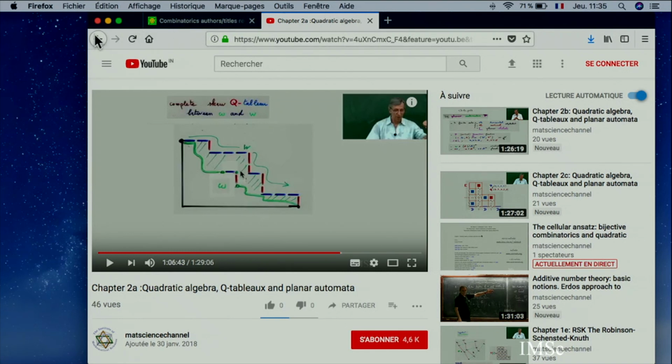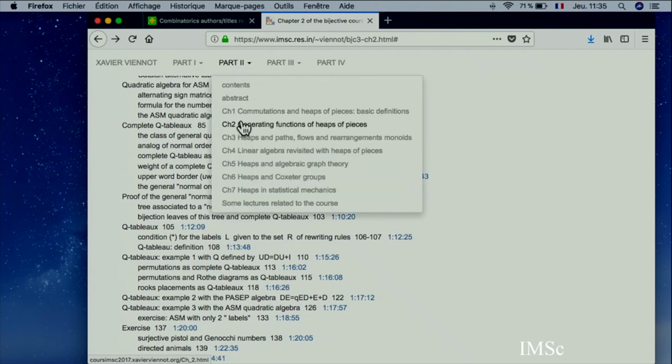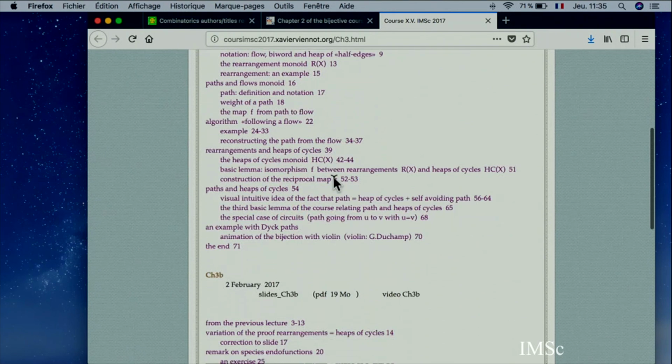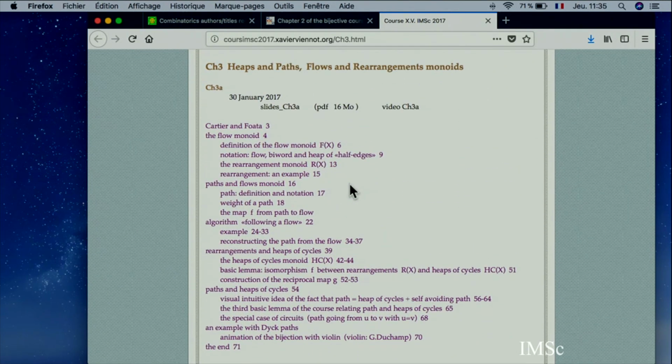And also, I am transporting all the old website onto the new one. So if you go, for example, to part 3, and go anywhere here, then this will bring you to the previous website, where again you can also have all the detail. But in a few weeks, everything will be on the same website, and then I will put some pictures because this combinatorics has many pictures.